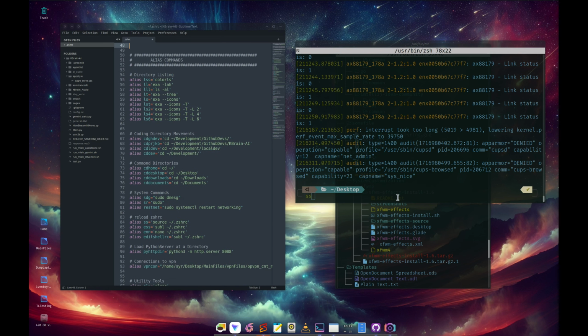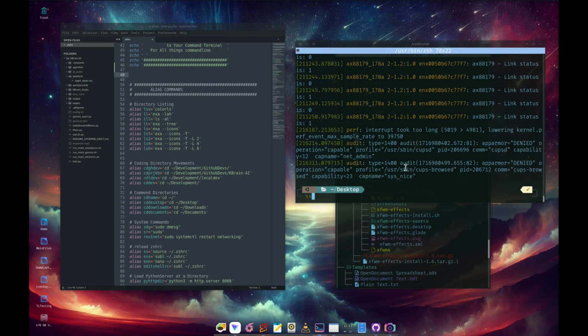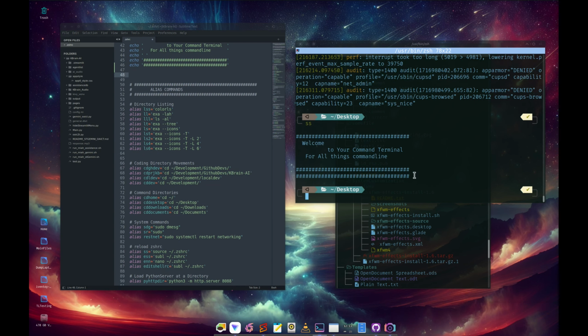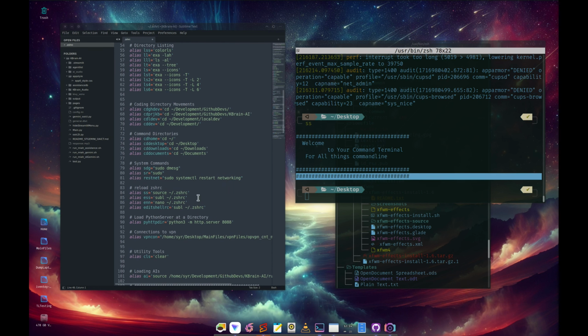So if we have a new alias, yeah. So you see, we just loaded that. So meaning that we just reloaded the shell and then sourced that. So these are all for my shell. You can change yours. And then this is the one we were using just to open the similar command but